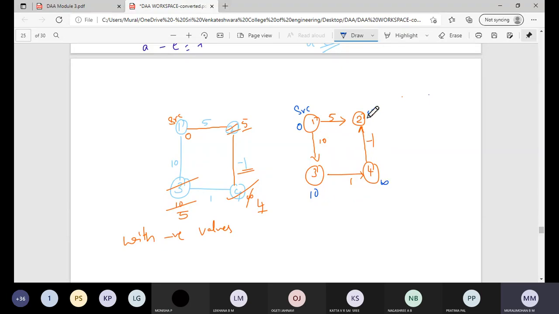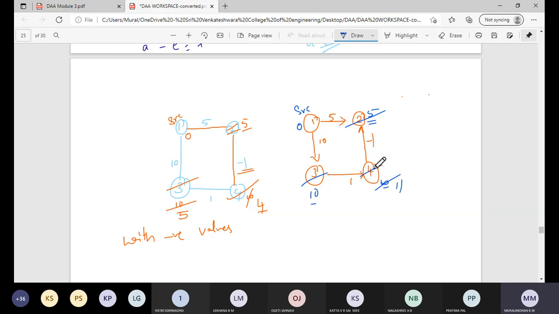Now which one can I select? I can select this vertex 2, right? Because it is minimum. Yes, I selected. Next, can I update the remaining distances of this 4? No, because the direction is from 4 to 2. Now we are left with 10 and infinity, so I can select this 3. Since we have an edge from 3 to 4, I can update the distance of 4 as 10 plus 1, 11, right? I can update this as 11.